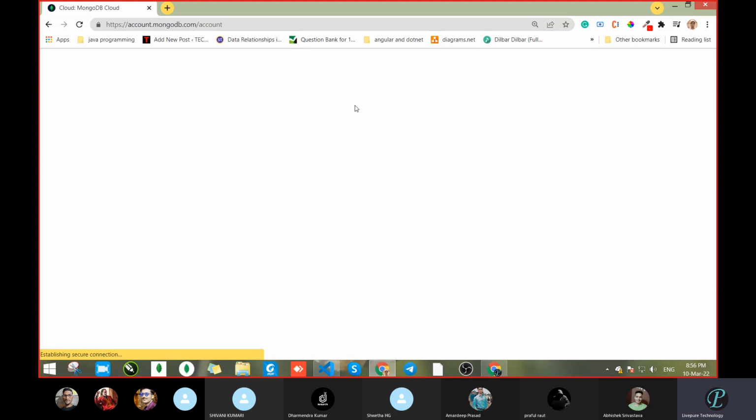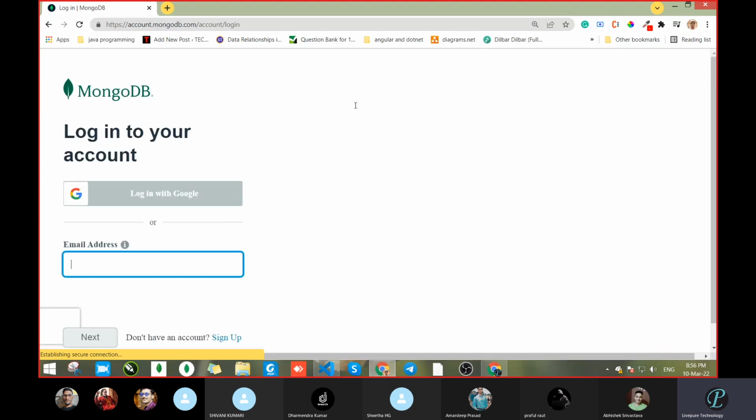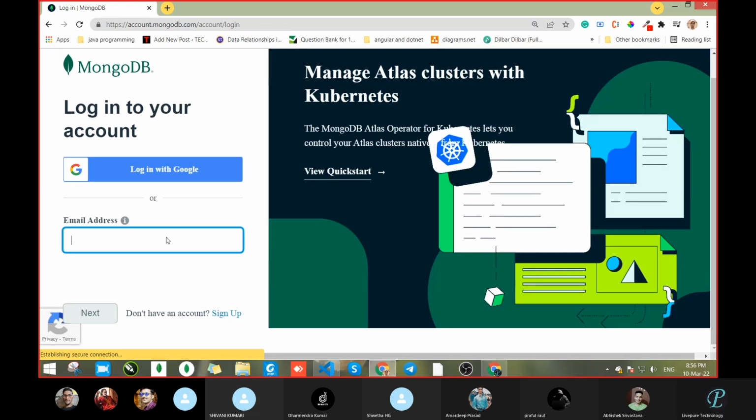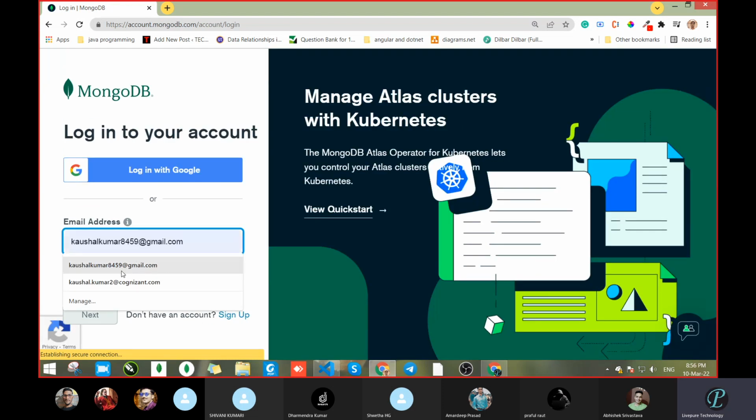If you want to store some data, you can store it here. It is free of cost for 500 MB. After 500 MB, it will charge.